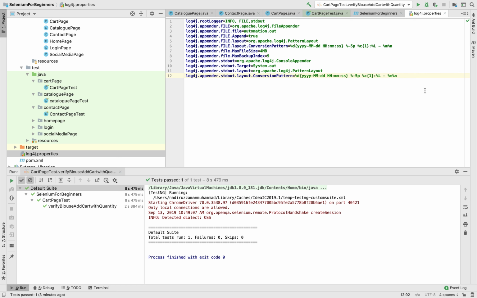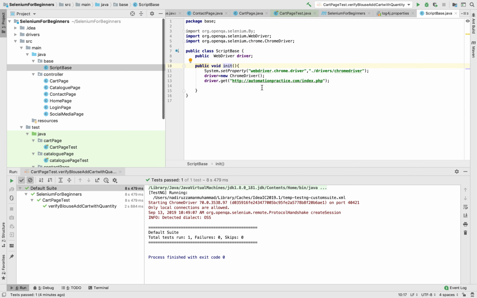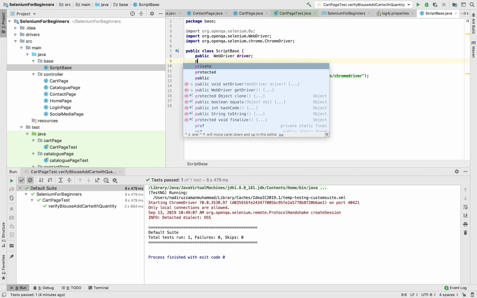Second, we need to initiate this properties file in all our classes. How can we do that? We're going to go to the script base first. Very easy, just follow along. Go to the script base. We have the init method here. We can use it inside the init method. So first, what we have to do is call it